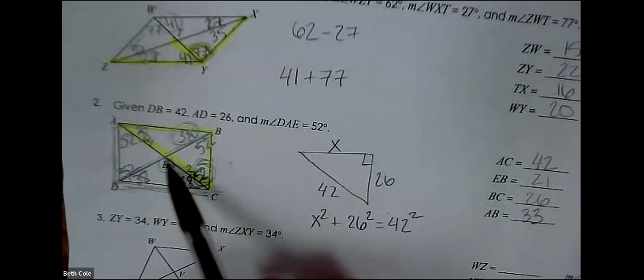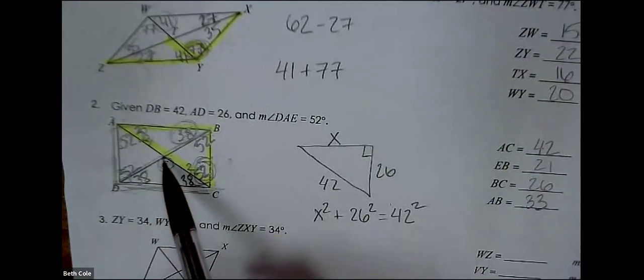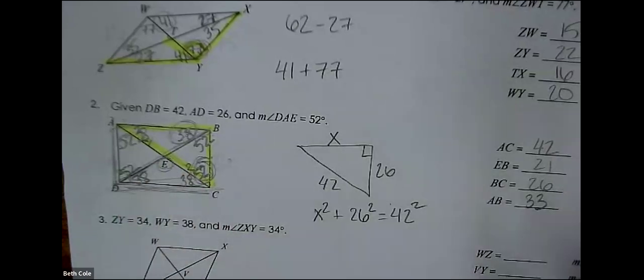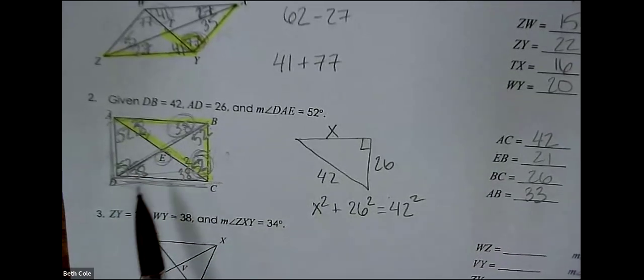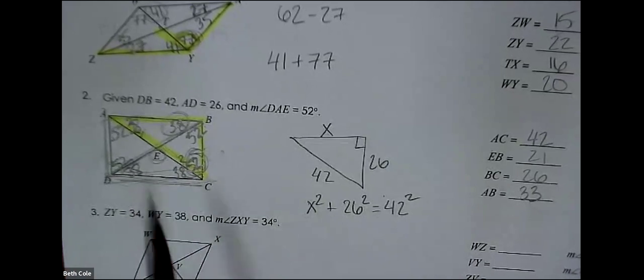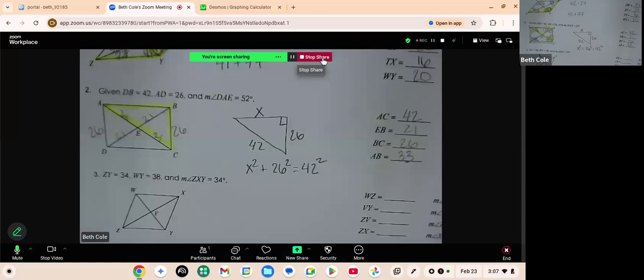And then last one, DEC. Now that's right here, and we didn't find that one yet. But if we look at this triangle adds up to 180. So if I have a 38 and a 38, and I want to know what the last one is, what would I type in my calculator? I know a triangle adds up to 180, so